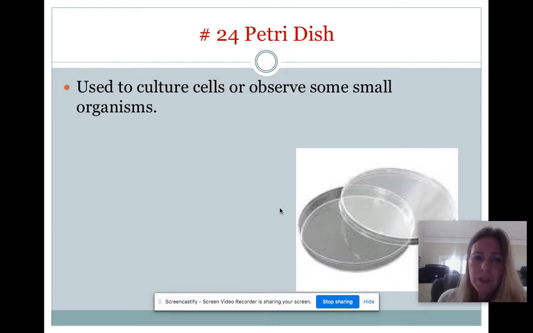So, the Petri dish. You might have seen this when we did the observation. These are great when you're dealing with live specimens like insects, small things. We also use them for bacteria, but we're going to stay away from that this year. I think we have enough going on with viruses and illnesses, so we're not going to grow any bacteria. But I might have a sample that I can show you, just from the class perspective of what it would look like. That's really important, because when you're finding out if you have strep or a bacterial infection, that's actually what they use. It's kind of behind the scenes, and they pour a liquid in here,